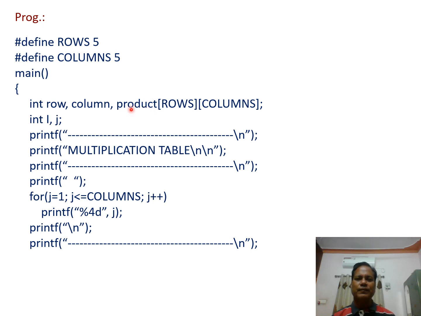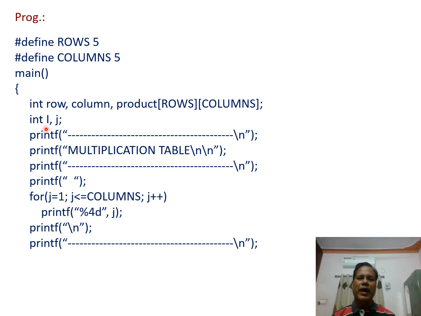Here this is a two-dimensional array that has a number of rows and a number of columns. This gives the dimensions of the two-dimensional array. Here the rows value is 5 and the columns value is 5, so 5 rows and 5 columns, that is, this integer array can store 25 integer values, and we have seen that we have to print the multiplication table.